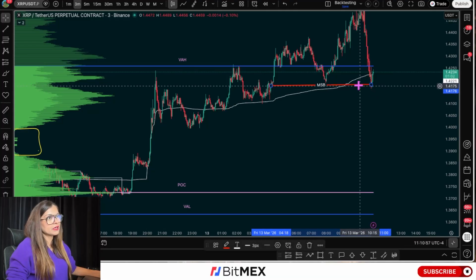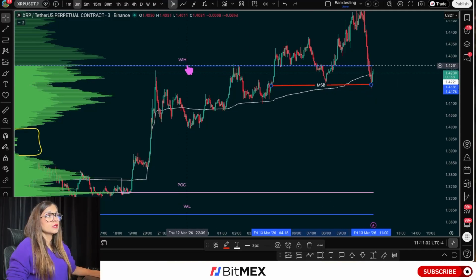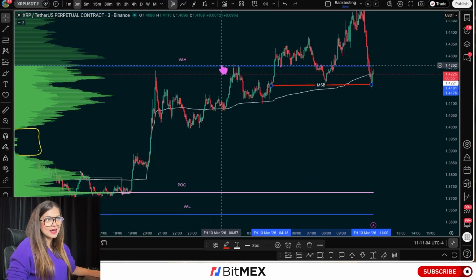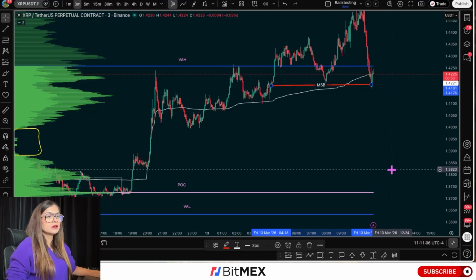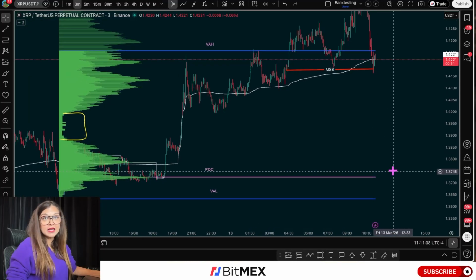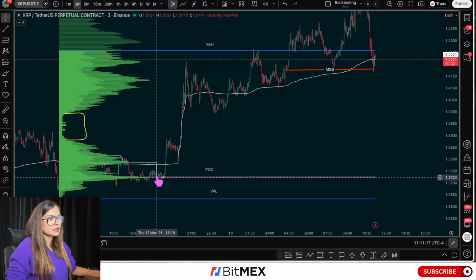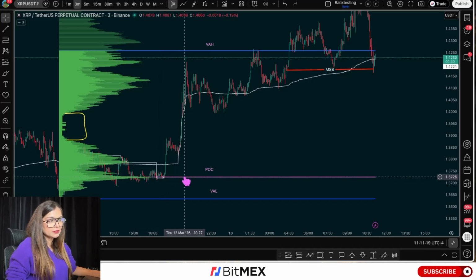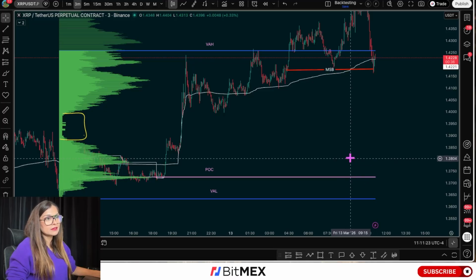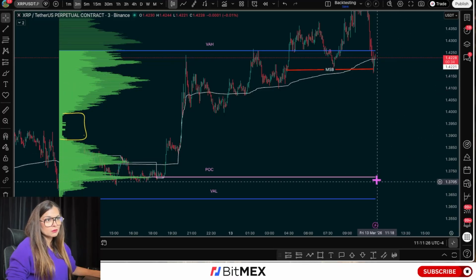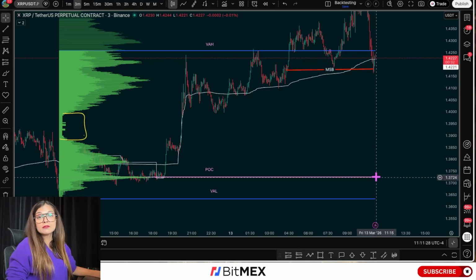So what would happen here is as soon as I get the market structure break under the value area high, okay, I would go short with a possible target as an intraday trade at the point of control. Point of control acts as a magnet for price. It is where participants in the market found this price here to be of fair value. Okay, so it will be a magnet, and price or participants will want to go back to that fair value,